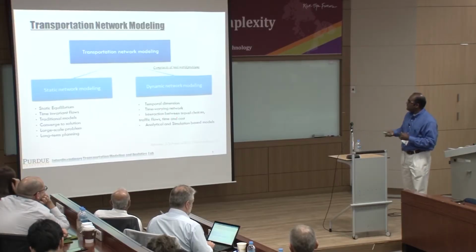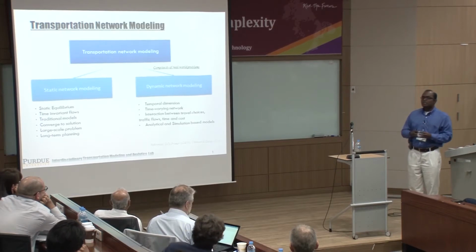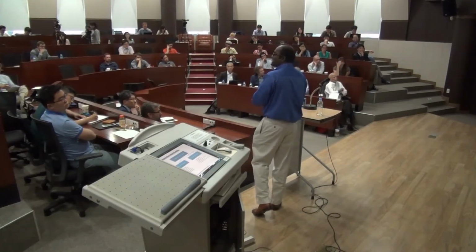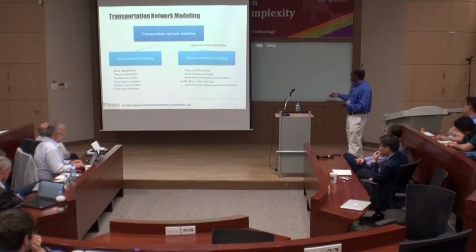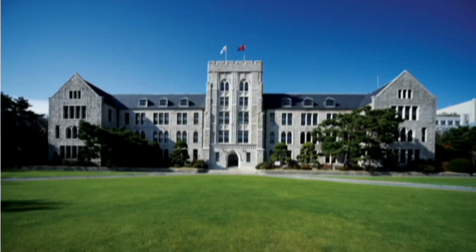So there's an interaction between the different travel choices, the traffic flow and the cost that is there in this network. And you can approach this in multiple dimensions. You can look at analytical models. I will touch upon this, which are theoretical models of game theory and optimization, right? Where we can understand the properties of these network models very clearly and then apply them to various city networks. The other is approximating some of the realities of these analytical models and developing simulation based models. Okay. So that's the overall context